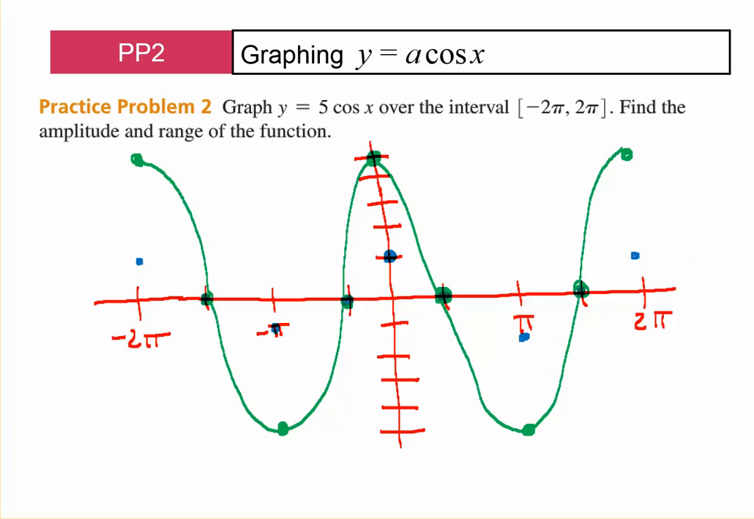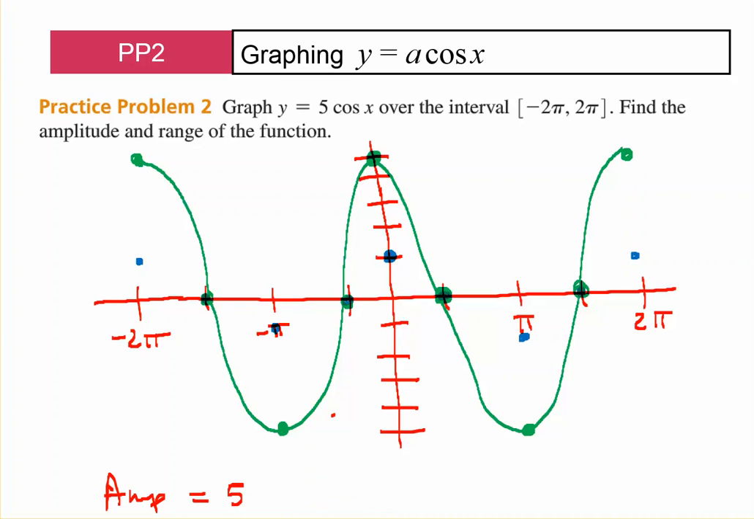All right, and they do tell us a little something. They actually ask us to find something. It says find the amplitude and the range of f. So amplitude, what in the world is amplitude? Amplitude is the absolute value of this number here. Amplitude is always positive. So the absolute value of 5